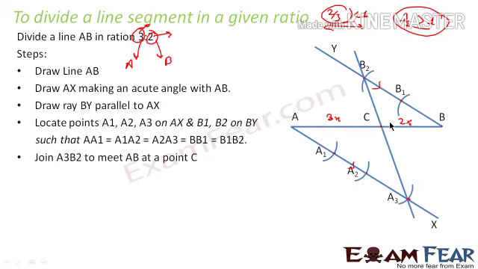So if you see what we have done in the last example, we drew only one line and here we created 5 points. Correct? And then we do 3:2 using parallel lines. Now in this case, we are drawing two parallel lines, AX and BY. If it is 3:2, draw 3 points here, 2 points here. If it had been 4:5, I would have drawn 4 points here and 5 points in this one. And then you just join the endpoints and this line meets the line AB at point C. So C is the point which divides the line AB into the given ratio. This is a very simple approach. You can use this also for construction.